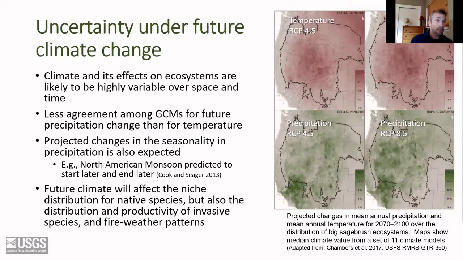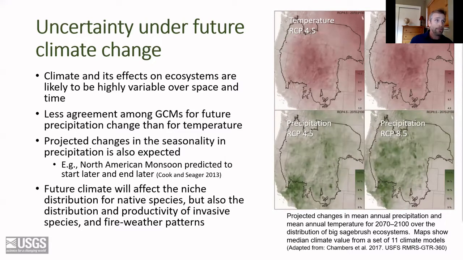Among individual models, precipitation varies from slightly drier for much of the region to substantially wetter, and even more model variation occurs concerning seasonality of precipitation. Understanding these areas of agreement and uncertainty is important because they'll help to inform the future climate niche distribution of native species like sagebrush, but also the distribution and productivity of invasive species, as well as fire weather patterns and